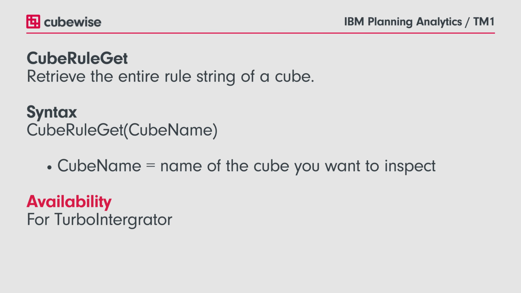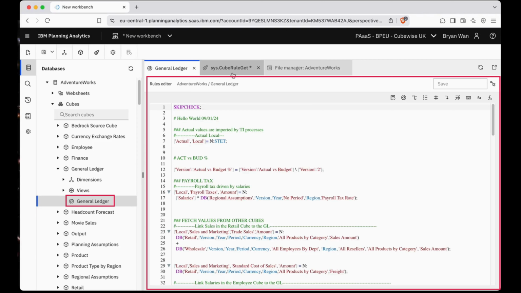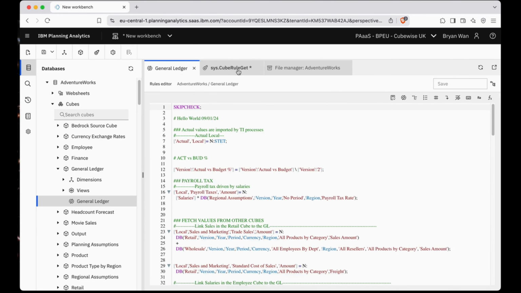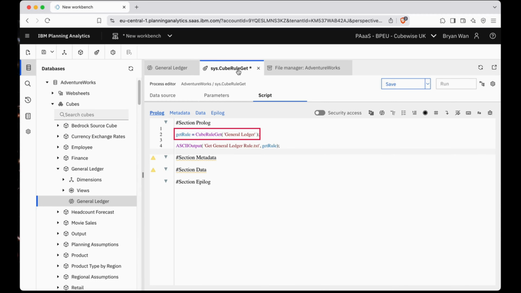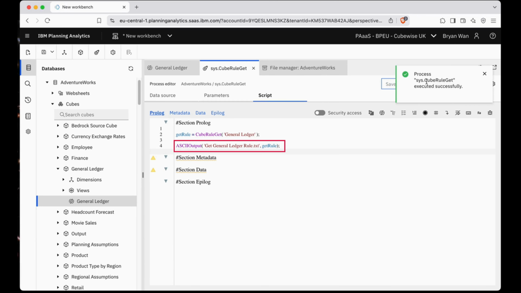This function is available for TurboIntegrator. In this example, I'm going to output the rule from the general ledger cube. In this process, the variable getRule will store the results from the CubeRuleGet function, which retrieves the rule from the general ledger cube. ASCII output will be used to export the results into a file, and I'll run the process,